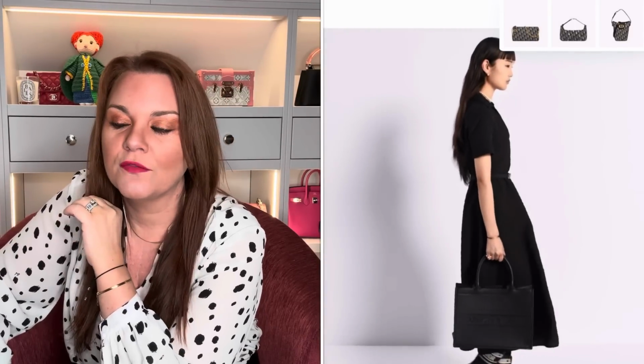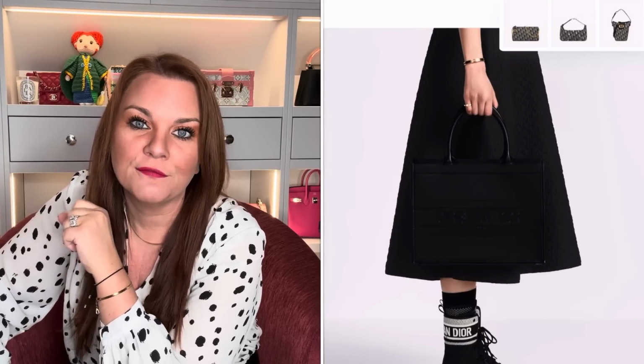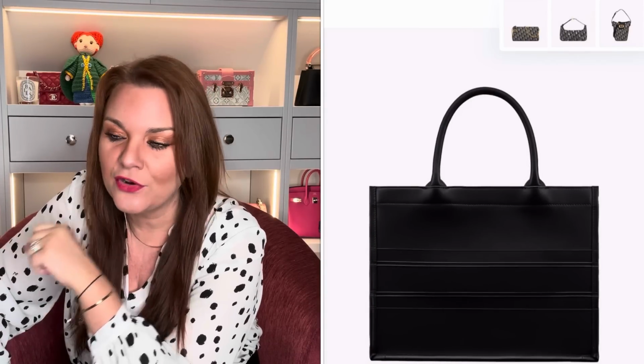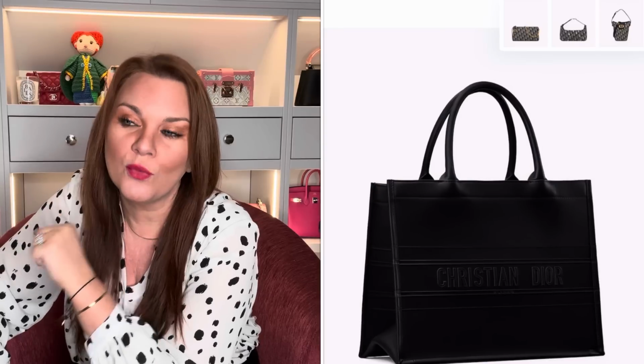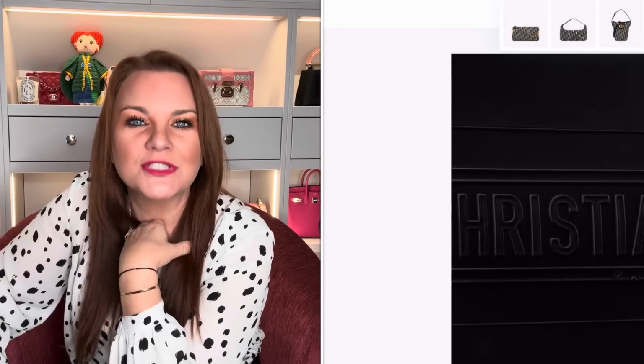Now, it's not one of the more embellished leathers or with the straps, but there is one available for £2,450 in leather. And I suppose it would depend what look you're going for. A leather bag, a canvas bag, I will generally go with which one I love more, but it is something